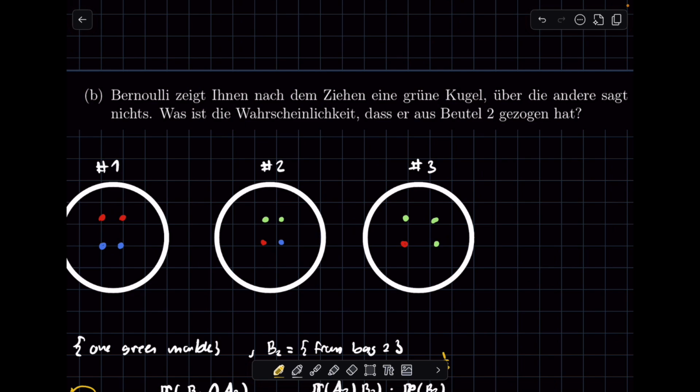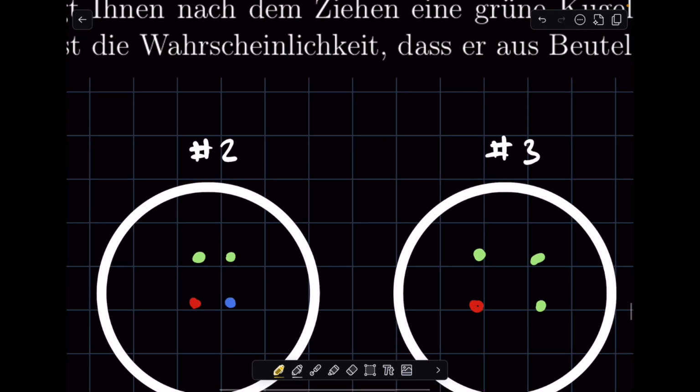So let's say imagine we have this case. How many non-green marbles do we have? We have 4 marbles in total, and we have 2 non-green marbles, right? So the first draw, let's say, is